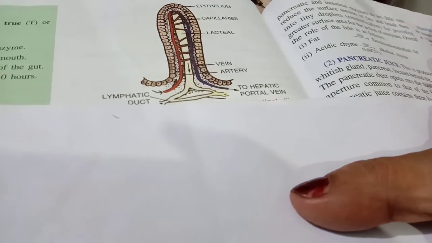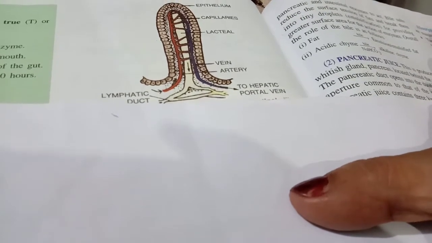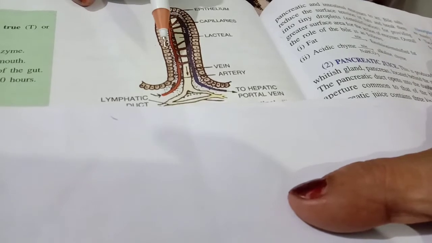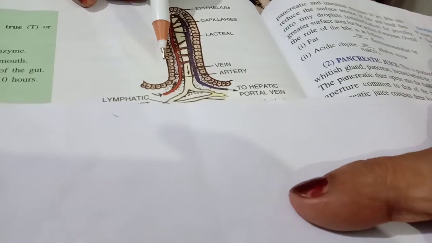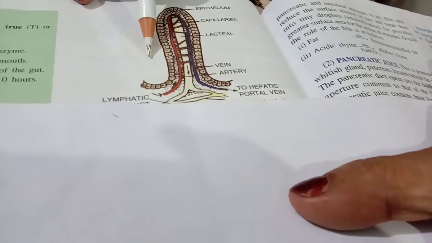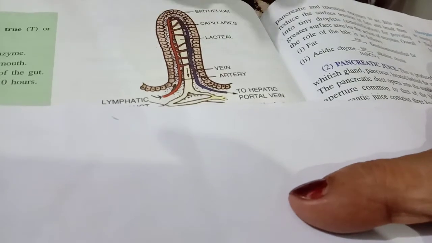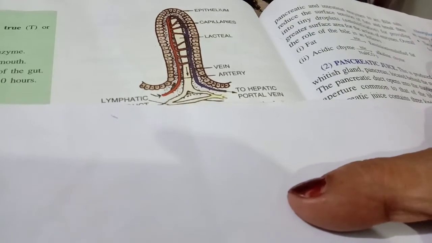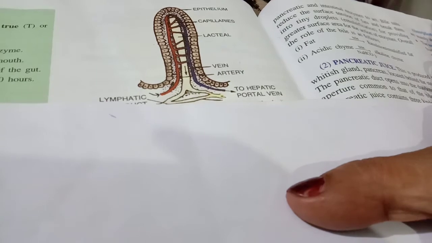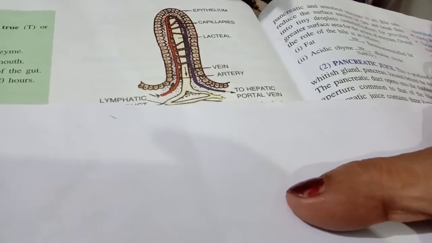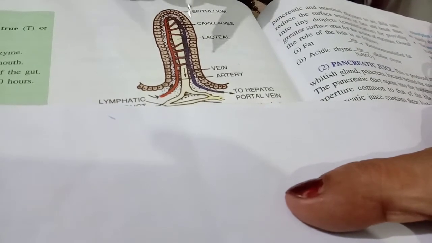Their main function is to help in the digestion of fats. So the bile pigments, as I said, bilirubin and biliverdin, break down fats into smaller globules or small pieces, which are called emulsified fats. Got it? After that, what happens?